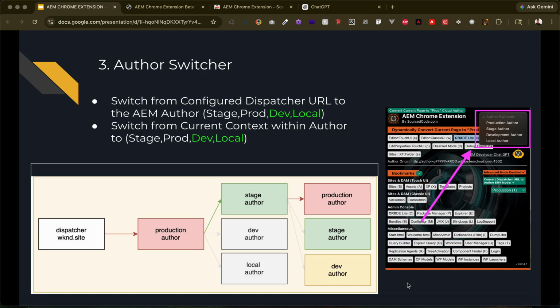Switcher. So this is a new feature that was added recently as well. In this case, this new feature allows you to switch from the configured dispatcher URL to the AEM author for stage, prod, dev, or local, or also switches your current context within the author to stage, prod, dev, and local. So if you look at this diagram here, I would go on any production website, and then the